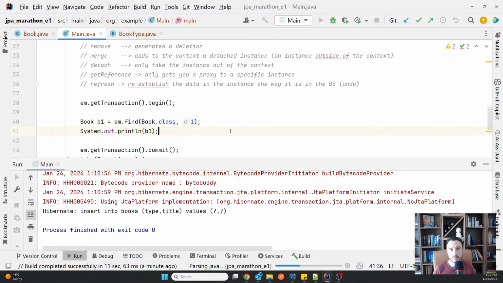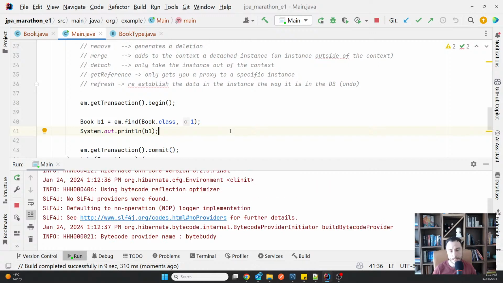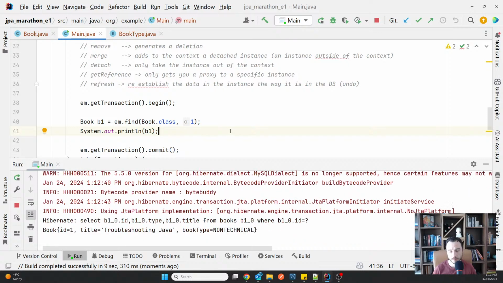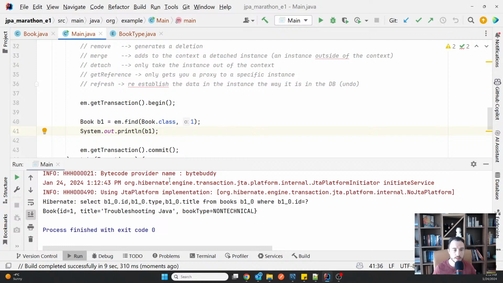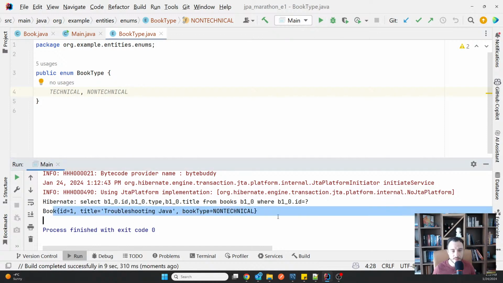So you don't want to get in the situation where you end up with that. See, I ended up with troubleshooting Java being non-technical, which is not the way I've added it. And it was pretty easy. I just changed the names. I can just go back now, change it back, and prove that the same application will now show the other one.